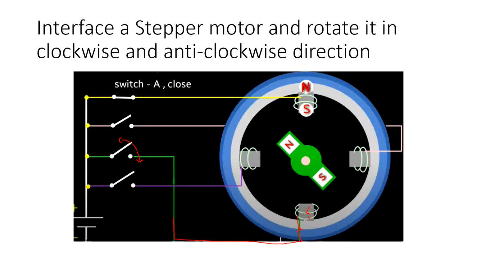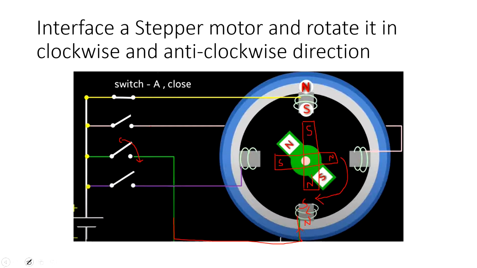Always the current entering direction will be taken as north and the other as the south direction. Before this, if you remember, we had this position, where this is north and this is south. So when you energize C, now this becomes south and this becomes north. This north again gets attracted by the south direction. So again the rotor becomes oriented in this direction, and this becomes north and this becomes south.